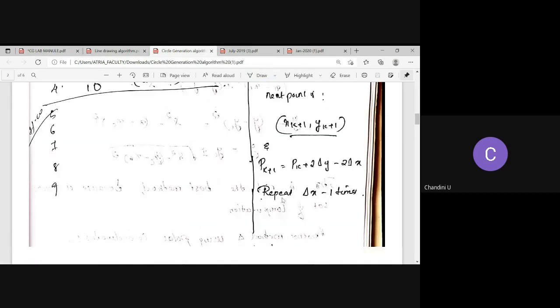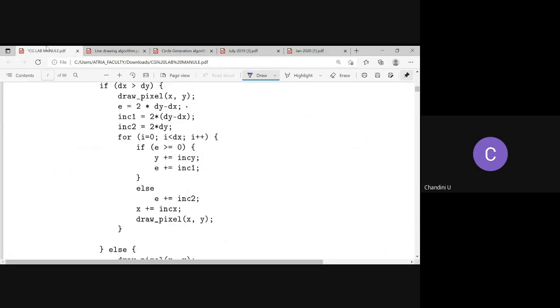And the decision parameter also we have to change, right? What is the decision parameter? That is pk plus. Here our decision parameter is e. That is e plus 2 delta y minus 2 delta x. We have already stored this 2 delta y minus 2 delta x in a variable called increment 1. This one. All right.